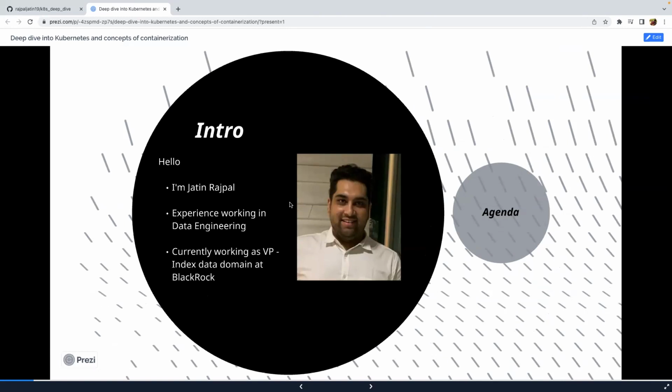I started off my career as an Informatica ETL engineer, and then slowly adapted different open source tools like Apache NiFi, Kafka. Also got into the world of containers, Kubernetes, Docker, whatnot. Just as an example, during my last job, we built a data ingestion platform completely based on Kubernetes. And through that, we were moving terabytes of data on a daily basis from our internal systems to public cloud. So that's what it is.